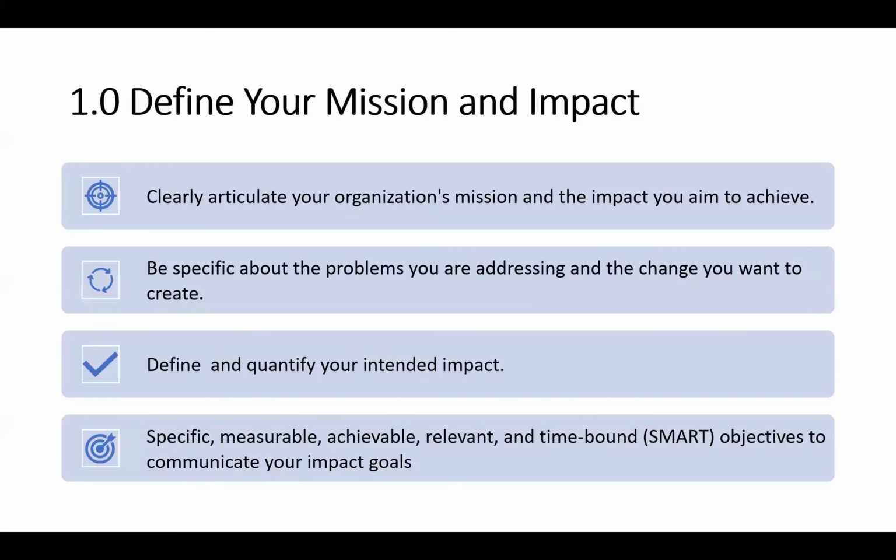So just to start us off, I'll not read everything. You must have a very, very compelling mission and impact. For example, the foundation which I'm managing at CPF has the goal to improve the care and protection for senior citizens, which is an area that is neglected. And from the association point of view, the Kenya Association of Fundraising Professionals, our overall goal is to build ethical fundraising, people who can fundraise in an ethical way. So you have to define and quantify your intended impact, and your goals must be SMART. That is a very key point that you need to note down.